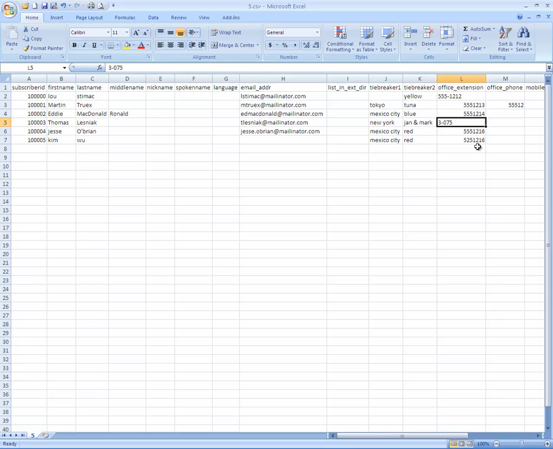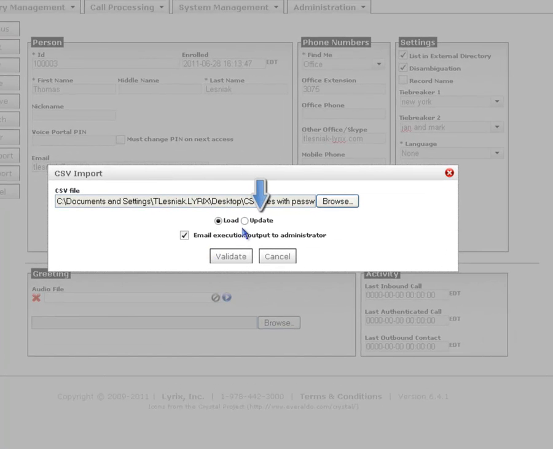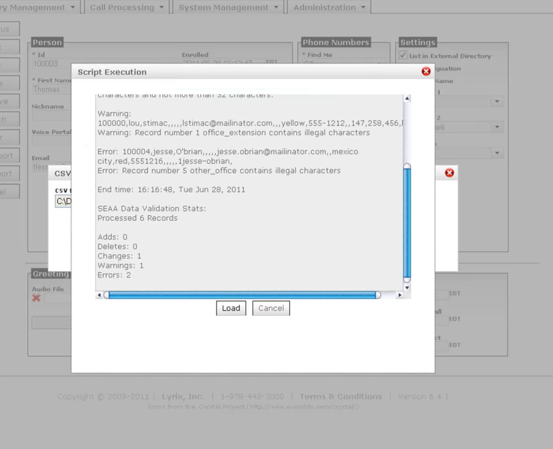I'm going to make a change to the CSV file that I just loaded and then save the file. When saving, make sure that the file is saved in CSV format. Now I can import this file, but this time I will select Update since I have updated the file. Now we can see that there is one change that will be made, and that is how a change is